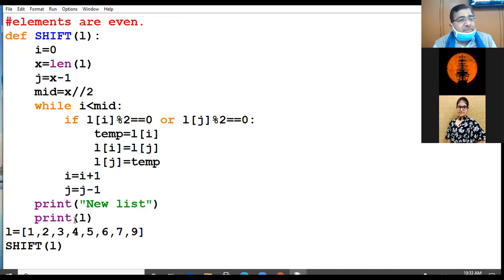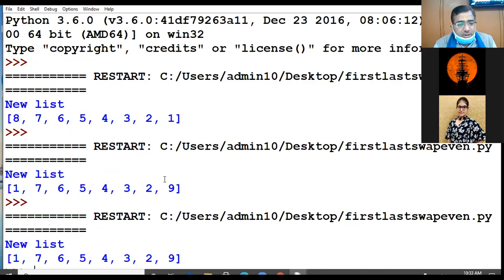Now see here in the list, please see the LCD beta. The first element here is odd. Let us correlate with the last element. It is also odd, so they should not get swapped. See, the first and the last are not swapped. They are there only because both are odd. Am I clear? Beta, first element is 1, last element is 9, both are odd, neither is even, so this swapping did not happen.